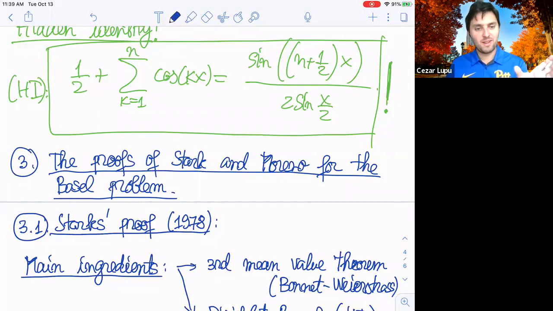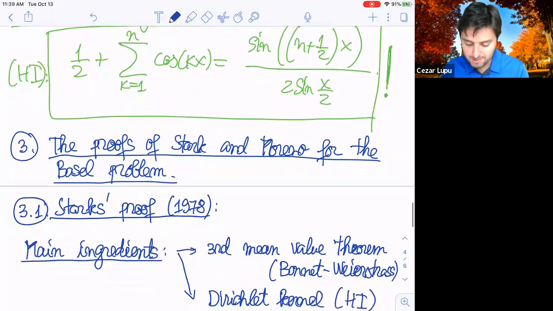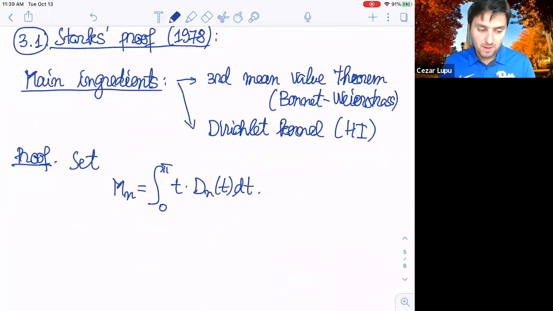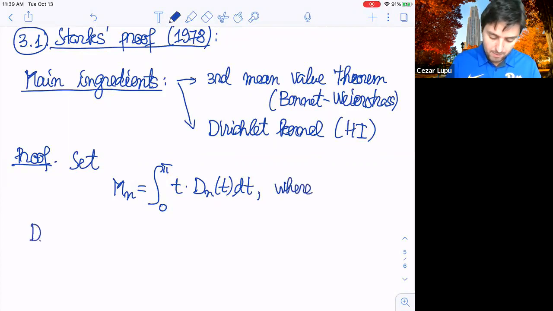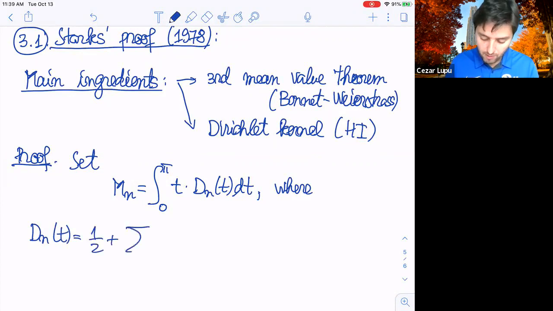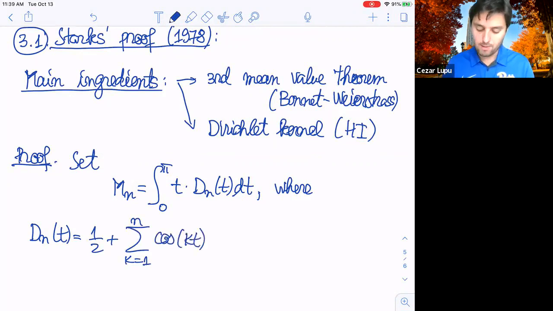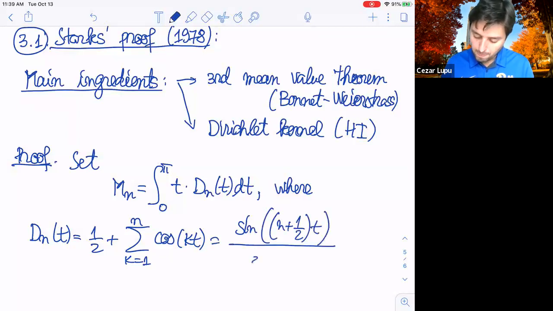I can write it as 1/2 plus that finite sum of cosines, or I can also look at that quotient of the sines. Let me say it explicitly: D_n of t is 1/2 plus the sum of the cosines, but also this is the sine of